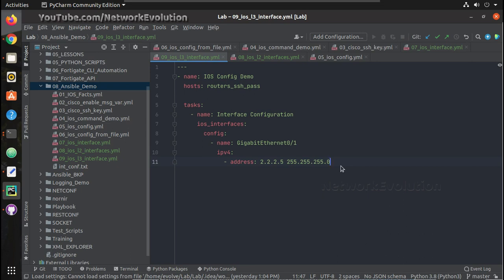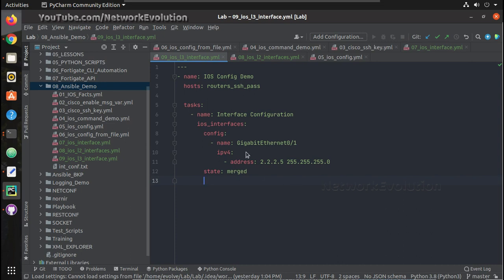And we'll give the configuration state as replaced. First we'll try giving merged, then we'll see replaced. And here we'll try printing the configuration changes.